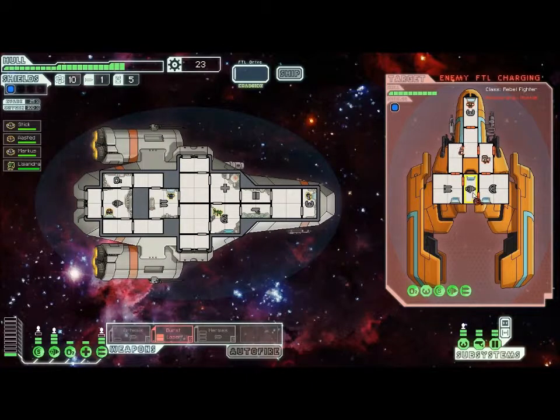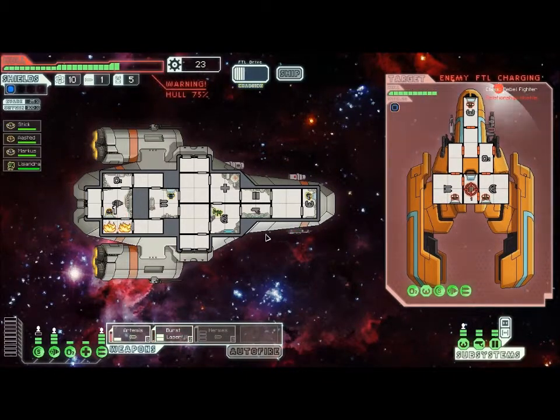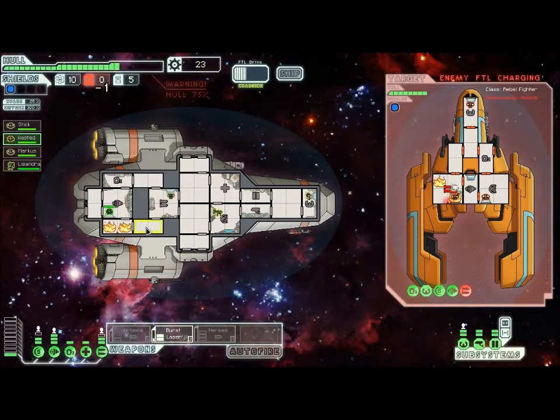Okay, so now we want to take out their engines. Power up my Artemis and use it to fire on their... Okay, they don't actually have weapons, so we want to fire completely on their engines. Now, oh no, they do have weapons. I was just targeting it. Okay, now I've got a fire, so I'm going to move...